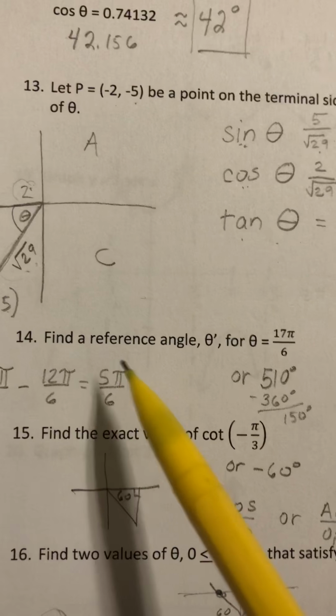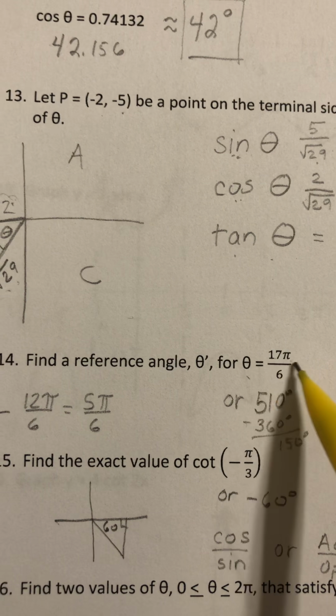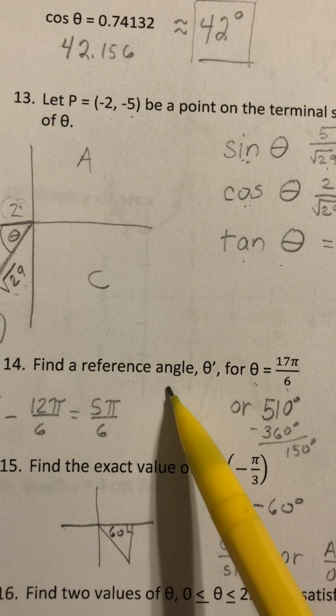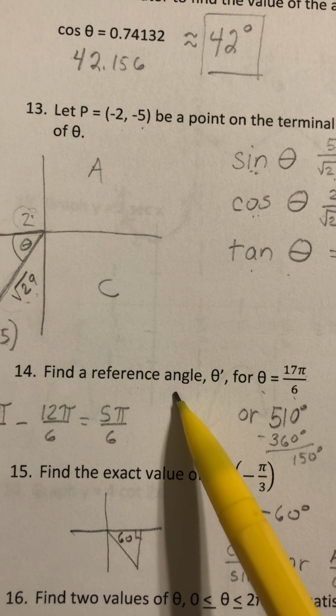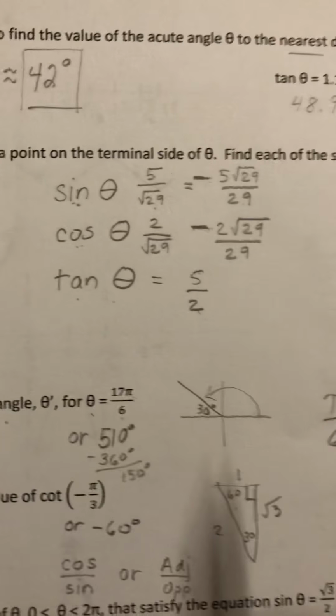Okay, to find a reference angle theta prime if theta is 17 pi over 6. So reference angles are always made with the x-axis. 17 pi over 6. That would be like if I took